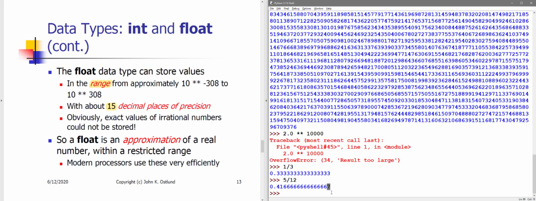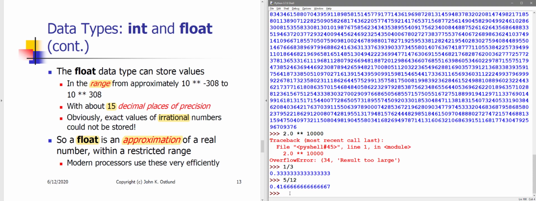All you can assume is that that last digit displayed is some kind of garbage, and the garbage may or may not be close to the actual value produced by that division. Now, irrational numbers like pi and e and the square root of 2 and so forth, again, can only be stored out to 15 or 16 digits because we only have a finite amount of space to contain those digits. So you want to think of a float as a reasonably close approximation of some real number within some range